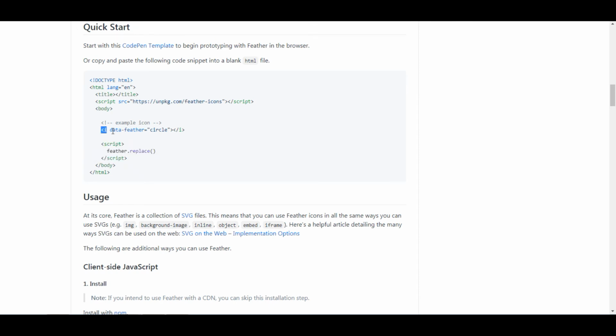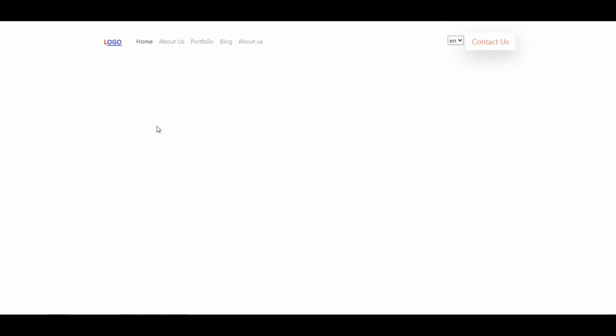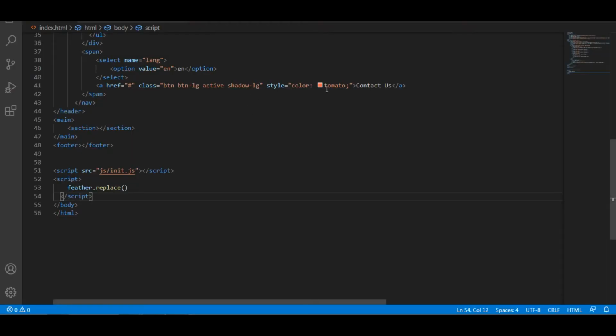This is the code to enable that icon we want. So go to the code. After the contact us, paste that code, arrow-right. We want the right arrow there. So when you refresh, you can see that nice looking arrow.